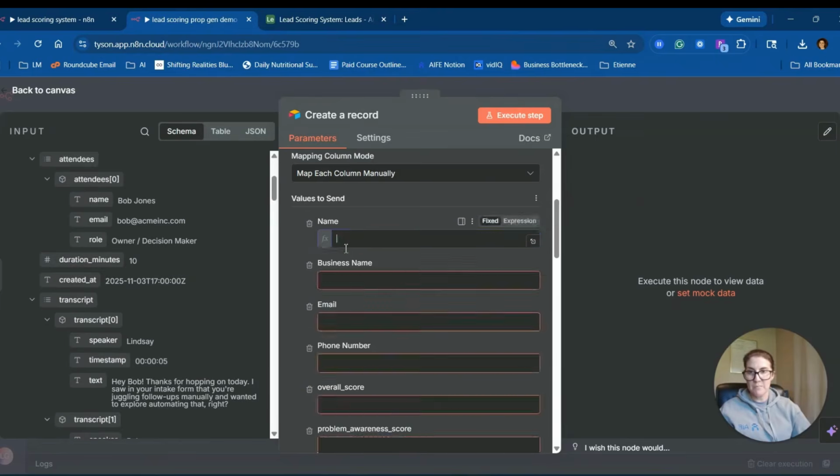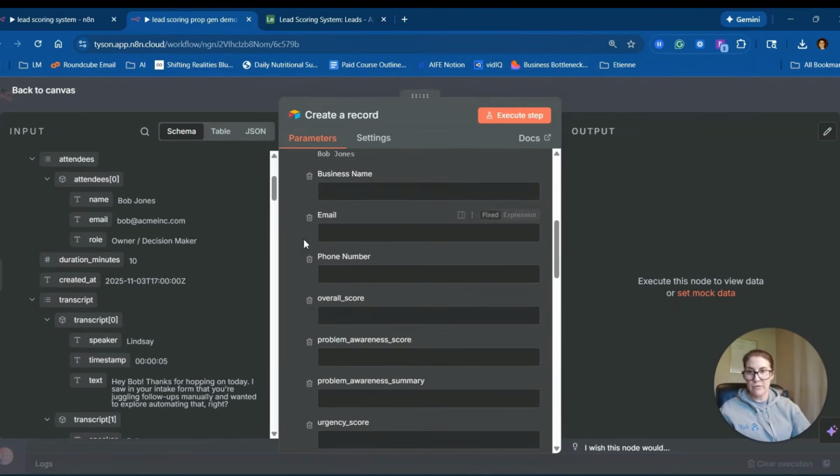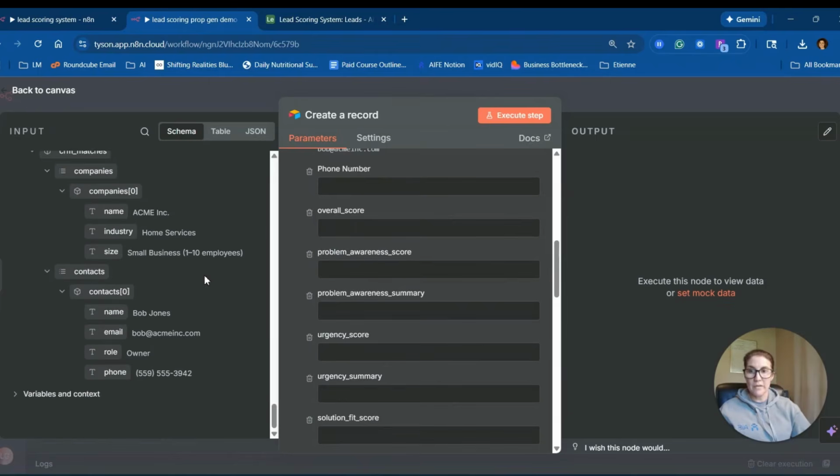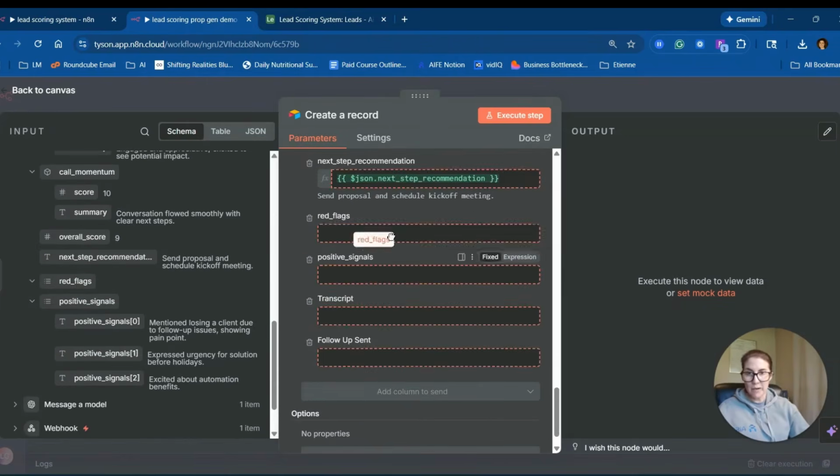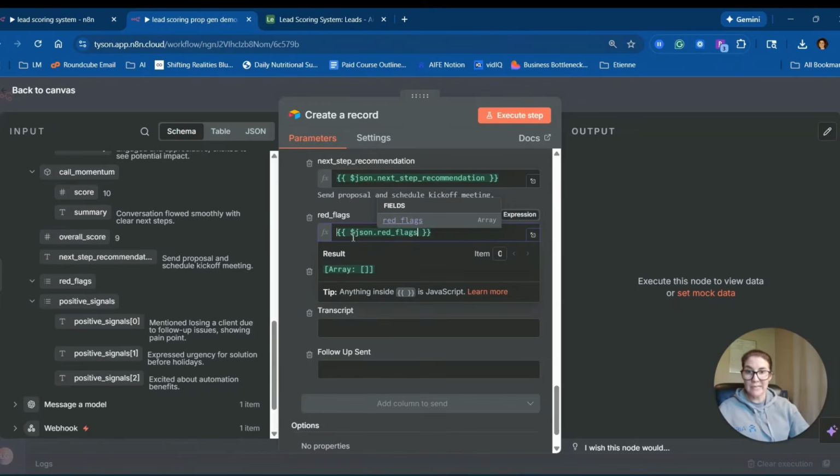So the name is Bob Jones. We're going to skip business name for now, email, and we'll scroll all the way down to the very bottom for the phone number. Okay, and then I'm going to drag red flags over there, even though there's nothing currently in there. Now what you want to do whenever you're dragging over an array is type in json.stringify and then